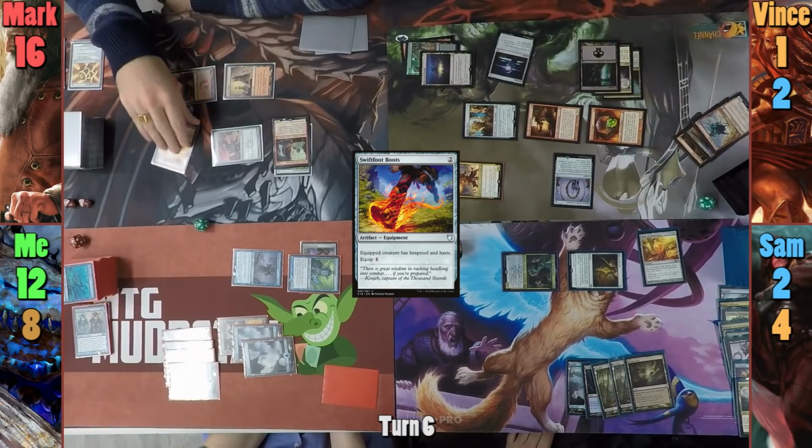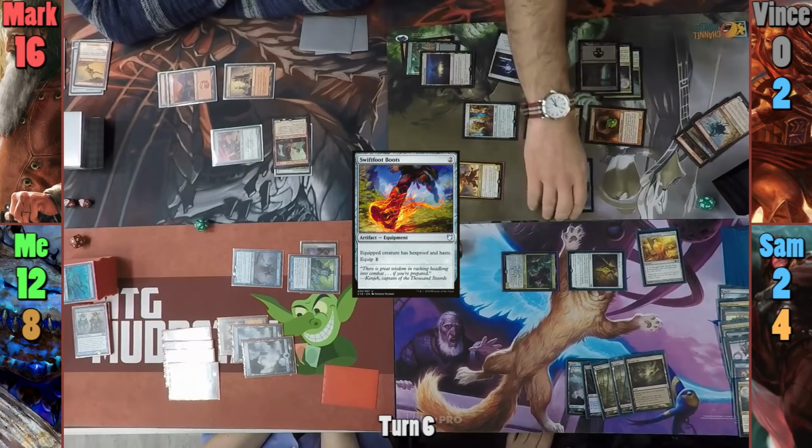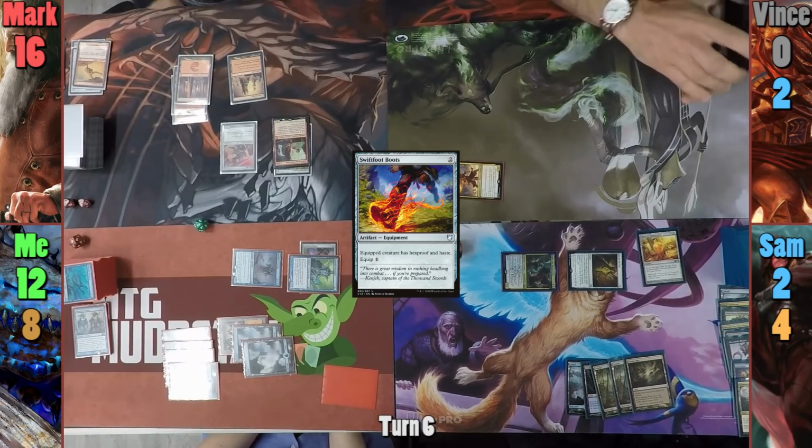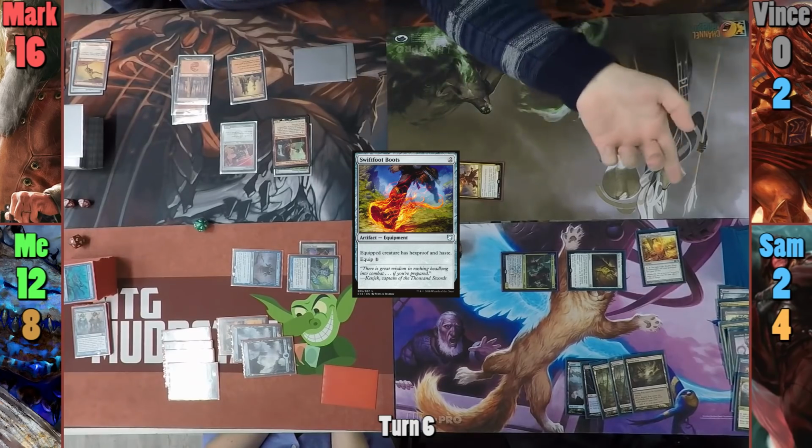Mark, wanting to feel like he's in the game, sacrifices his Mog Fanatic at the end of the combat step to deal 1 to Vincent and take him out of the game. Mark draws for turn and plays a mountain. He thinks about who he should attack, but is concerned by Sam's ability to gain some life thanks to his